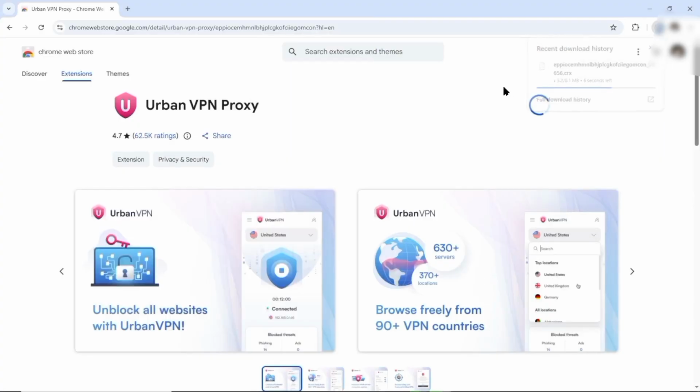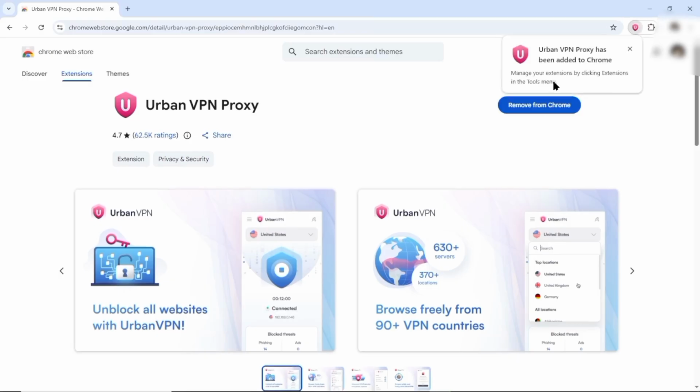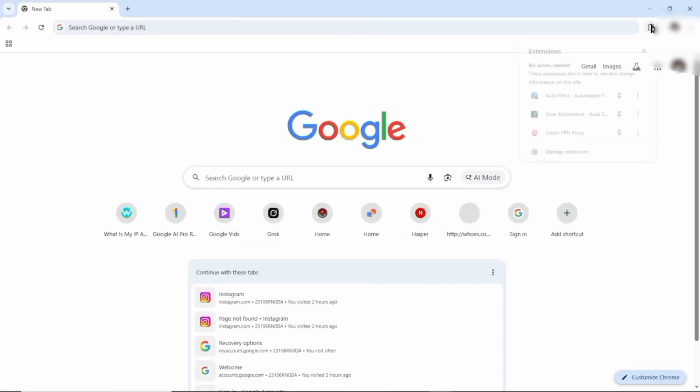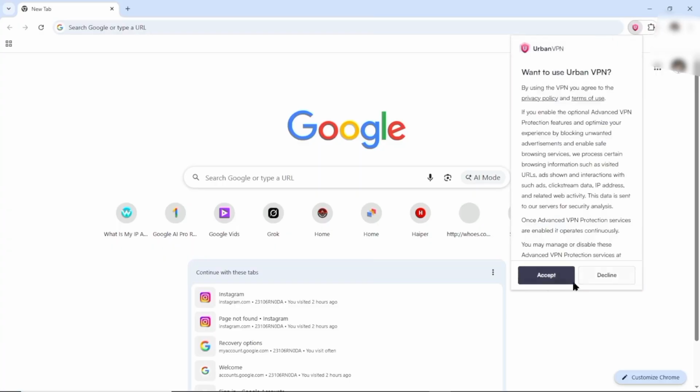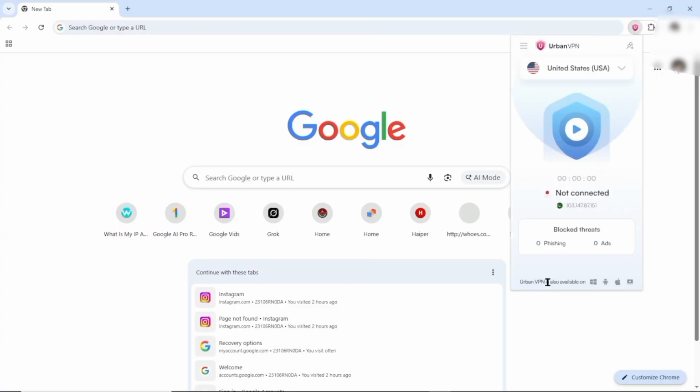You can see that the downloading has started. After the download is complete, the VPN extension will be installed automatically. Now click on the extension icon and open Urban VPN Proxy. Then click on Accept. You will see an interface like this,